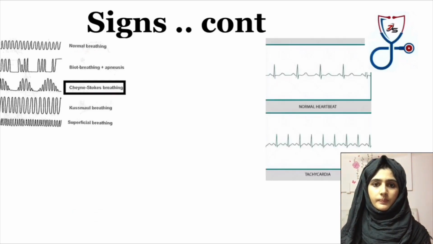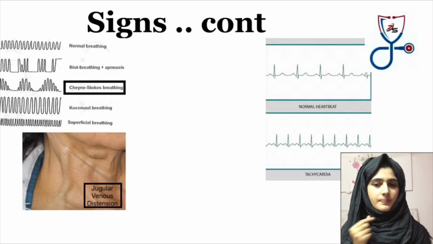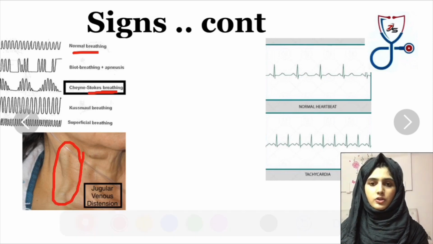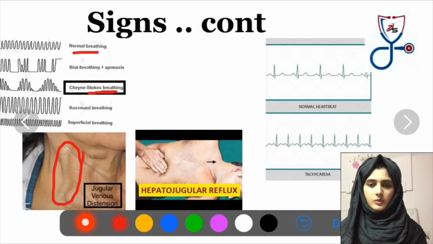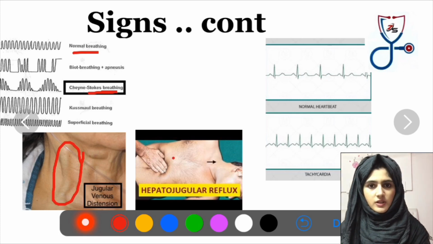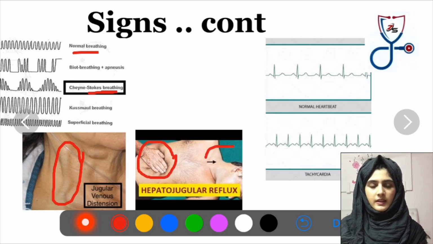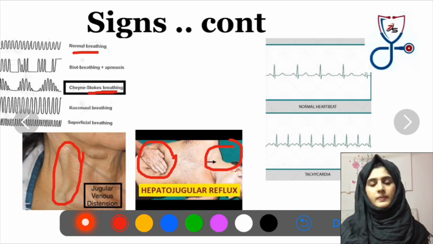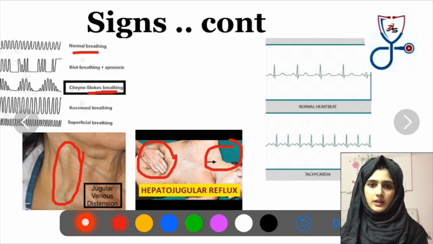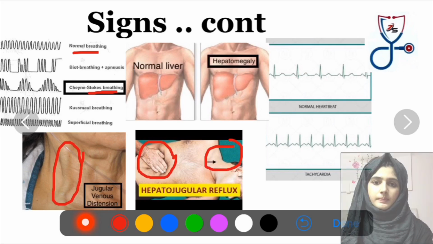Jugular vein distension. On the right side of the neck, you have the jugular vein. It bulges when there is increased pressure in the superior vena cava. Hepatojugular reflex. This is a test where the patient is made to lie down and we press firmly over the patient's liver. By this, there is jugular vein distension. Then when the patient changes position, that distension disappears. When it doesn't disappear, that is a diagnostic test for heart failure. Hepatomegaly is abnormal enlargement of the liver.